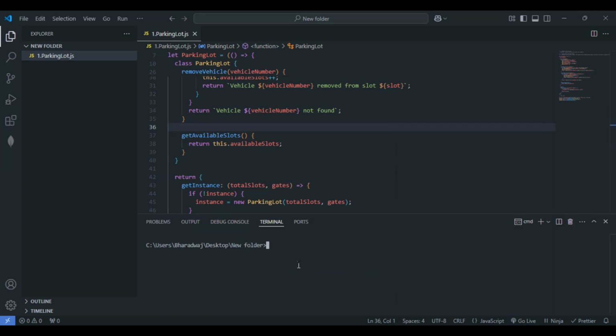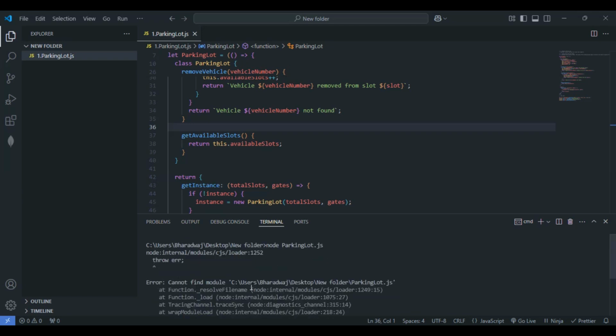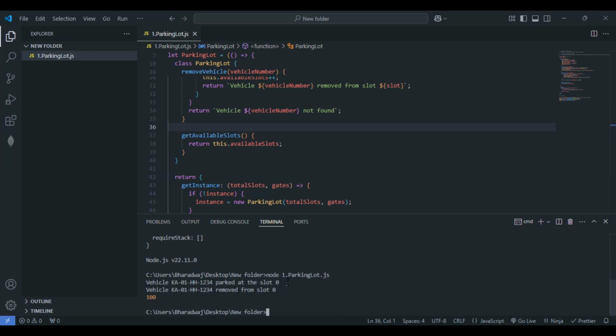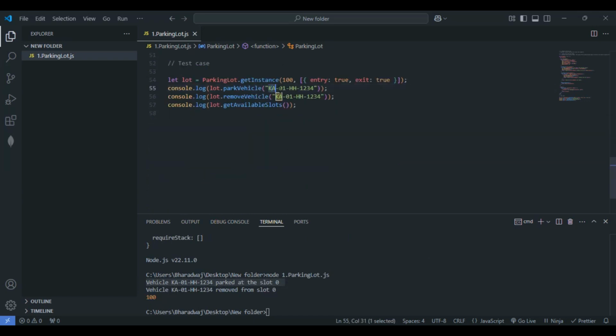So I'll quickly give node, file name.js, ParkingLot.js. So what happened here? Cannot find module ParkingLot.js. So here I have given the number as well, right? Just give me a second here. .js. So you can clearly see here vehicle KA something, whatever we have given here,